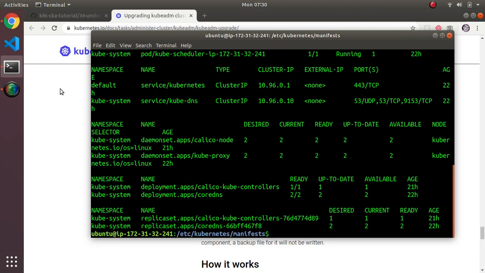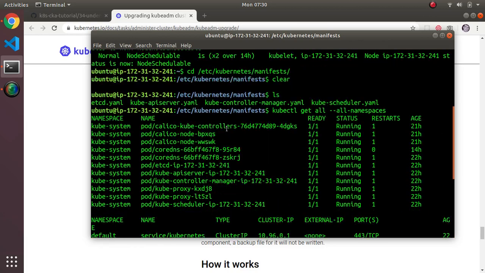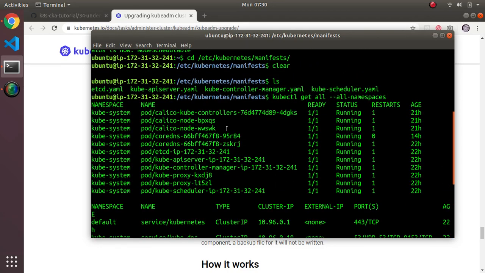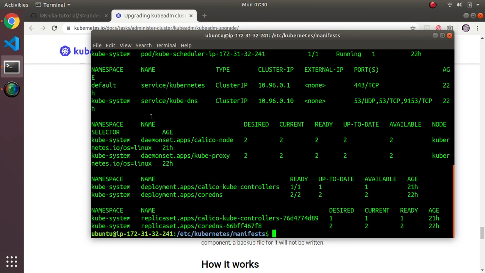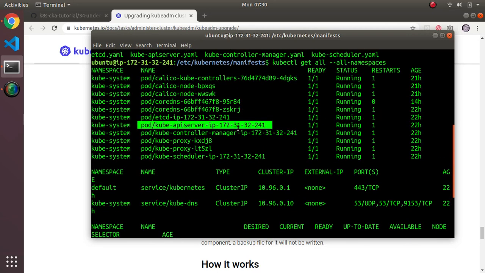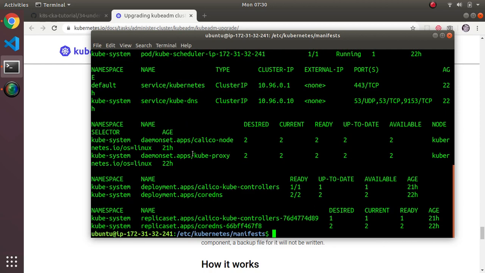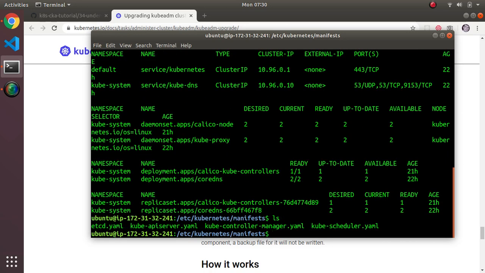If you look carefully at, actually we can look at it here, kubectl get all, all namespaces. You will see here that you have certain pods running. For example, just pick the kube-apiserver itself, right? You see it's running, but if you look down below, you will see no daemon sets, no deployments, or replica sets for that matter, having to do with that. So I was wondering, well, how does Kubernetes know to run this one? And how does it know to run etcd, right? And it turns out, interesting enough, this folder right here,